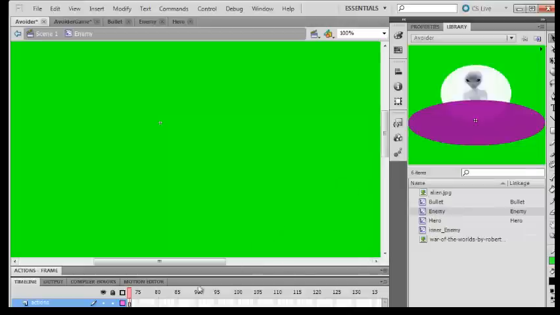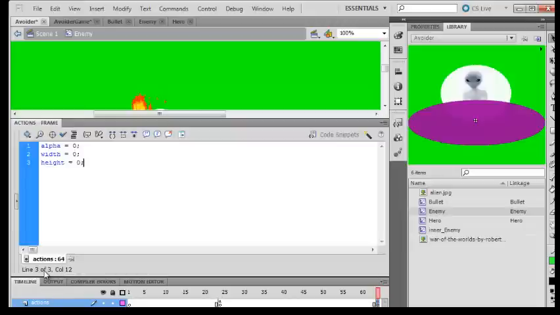Which remember, if you have it set up correctly, inside of your enemy object, inside of his timeline, you have a frame labeled explode, and after that frame is your explode sequence. So when we tell it to go to and play explode, it goes to and plays this sequence here. At the end of that explode sequence,